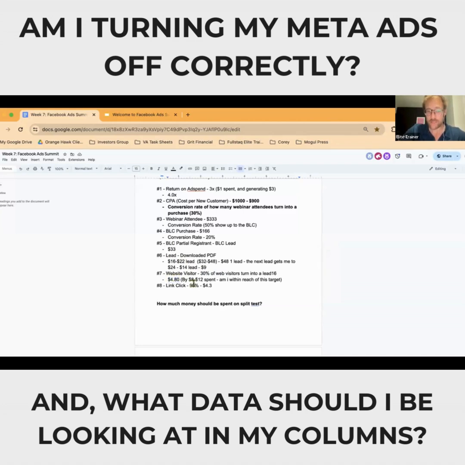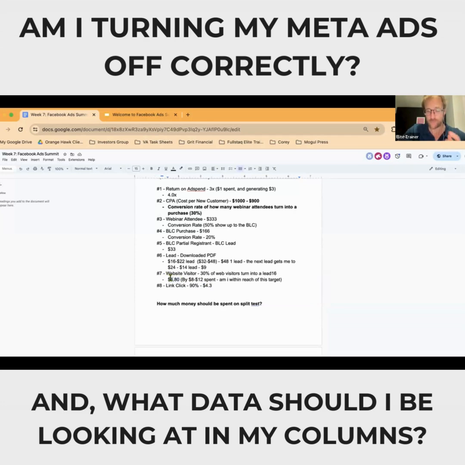And if I know that of the link clicks from my ad, anyone who clicks the link on my ad, about 90% of those will end up as a website visitor. That means that 90% of 480 is $4.30. So now I know my metrics, that I need a $4.30 link click in order to turn into a